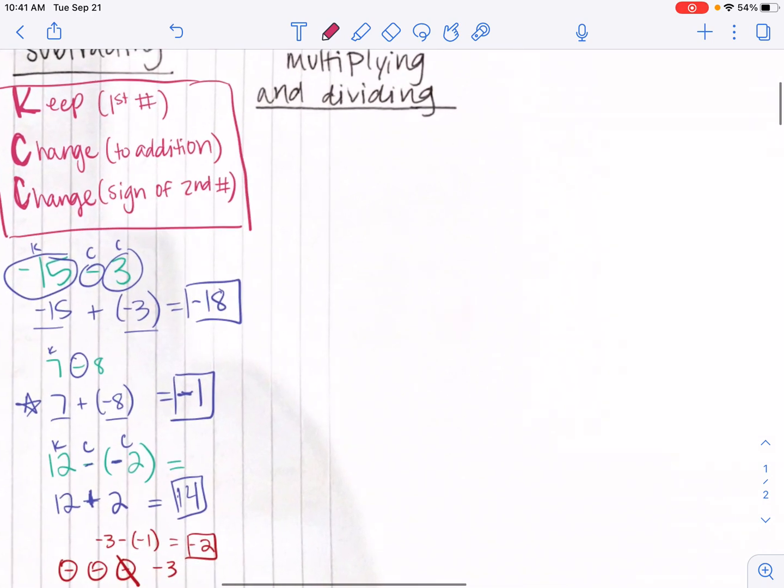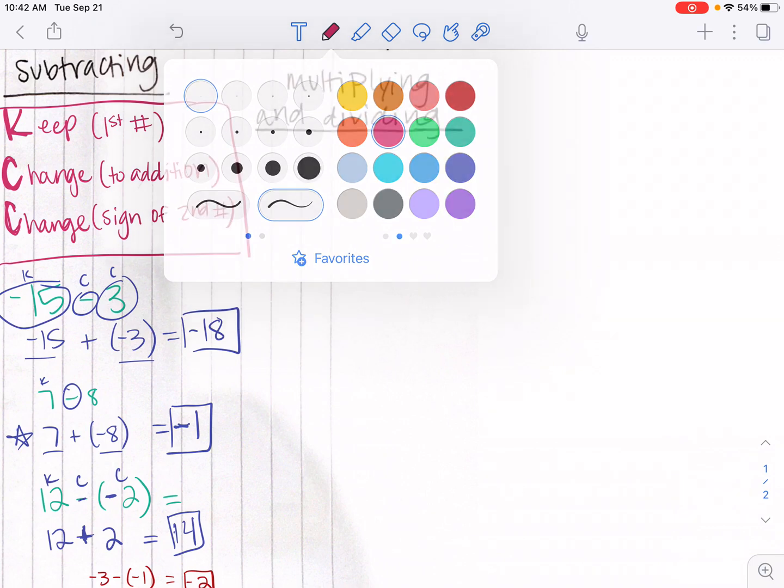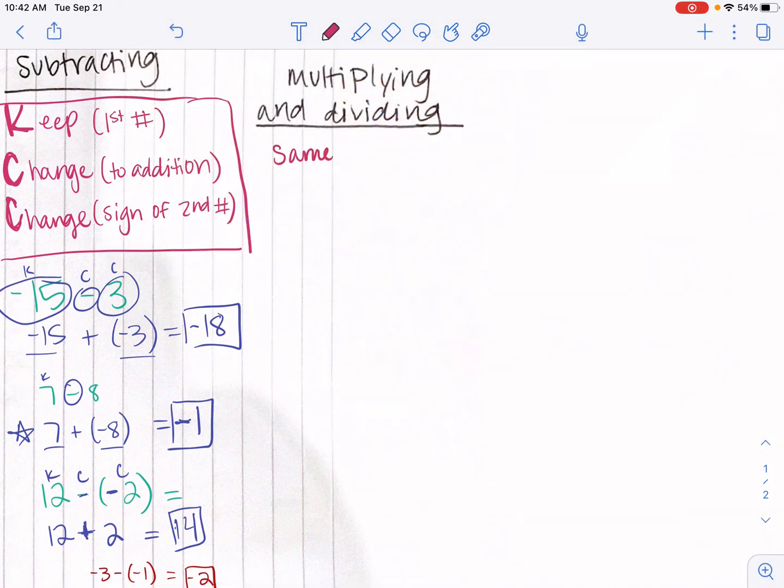So let's talk about our very last operations. I know multiplying and dividing are two different things, but they have the same rule. So for both multiplying and dividing, if they have the same sign, they're going to have a positive answer. And if they have different signs, they're going to have a negative